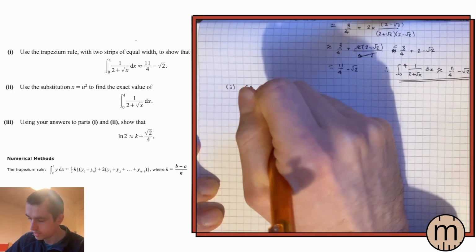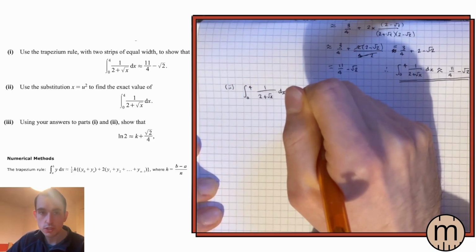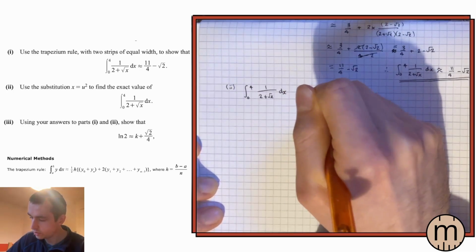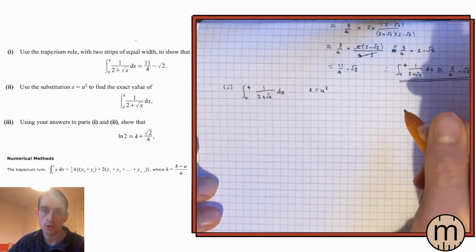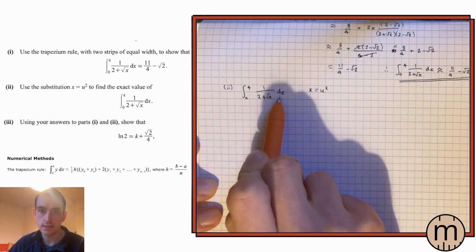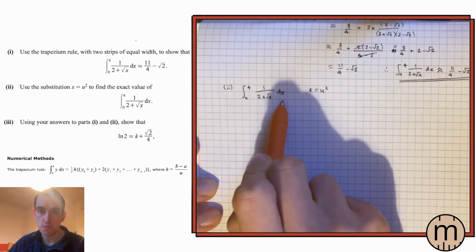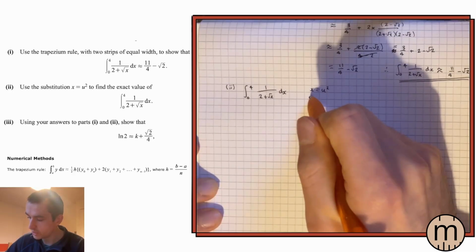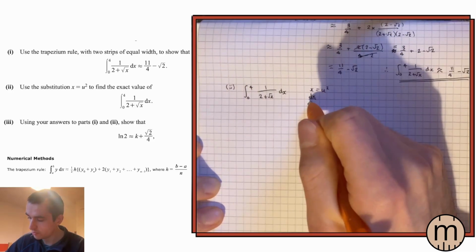2 plus root x dx. The substitution is x equals u squared. What do you do with the substitution? Well, you need to change everything x into u. You need to change dx as well. The only way to do that is to take the derivative here,